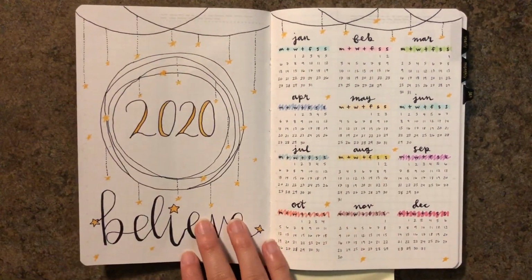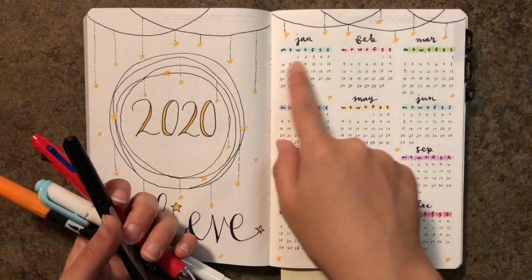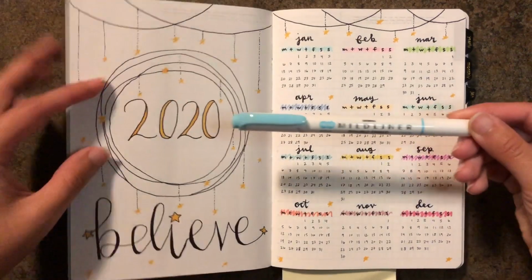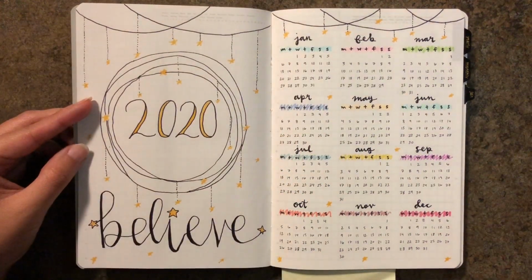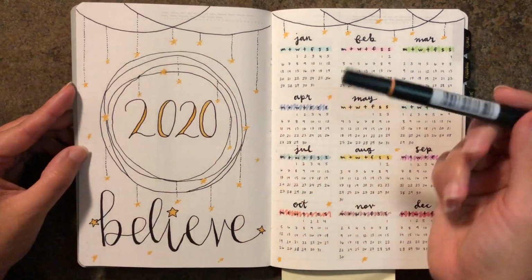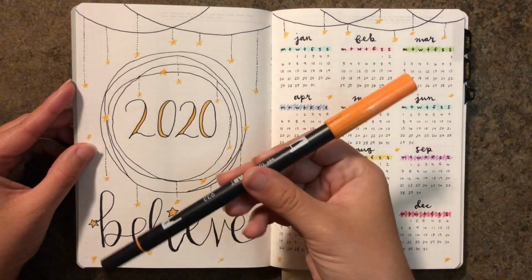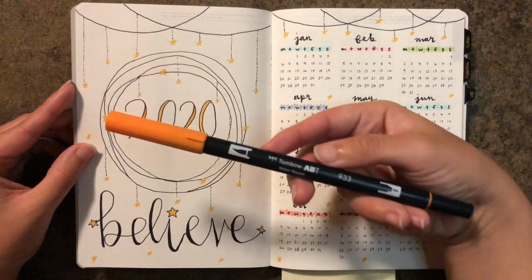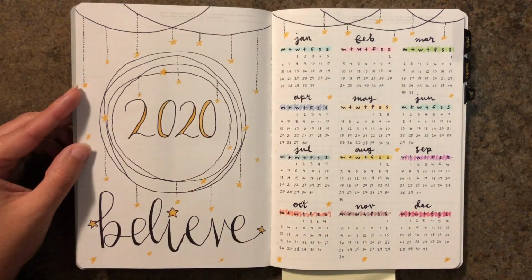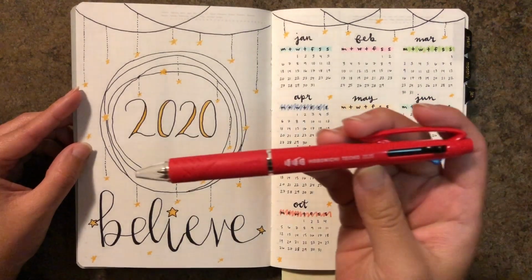And I made this page with pretty much just these tools. The headers are all the Zebra Mildliners. The titles are all done in the Sharpie pen for that bold kind of look. The accents, like all of these stars, and some other pages you'll see some highlights, I did most of it with the Tombow. This is just a random color, but I used Tombow for it. And then most of my writing is going to be using this pen that came with the